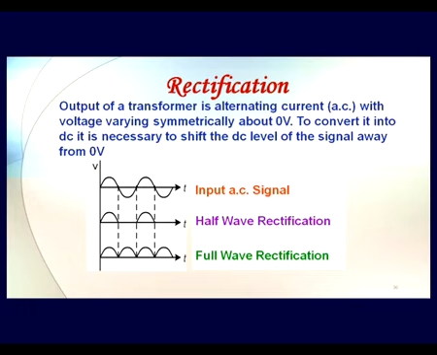But what we do in rectification is that we preferentially allow only a particular half cycle to flow through the rectifier circuit. At the output we get preferentially only a unipolar signal. We don't get any negative signal here. So effectively the DC content of this, the middle curve that we are seeing here, is higher than 0 volt.